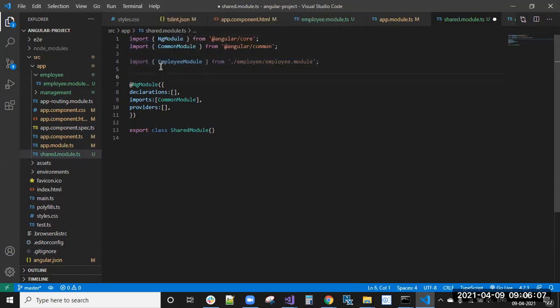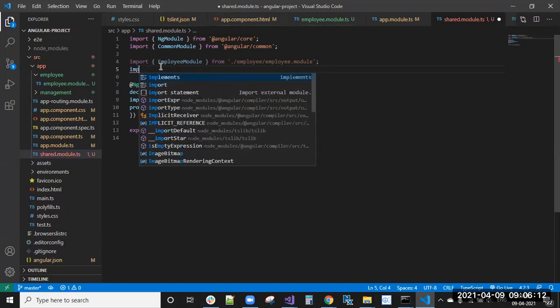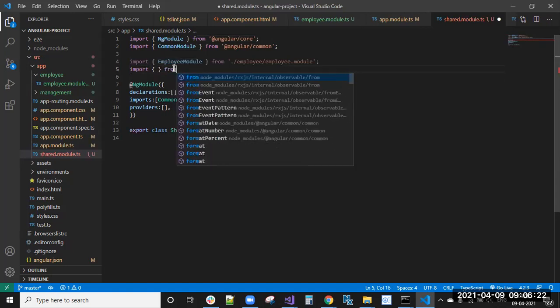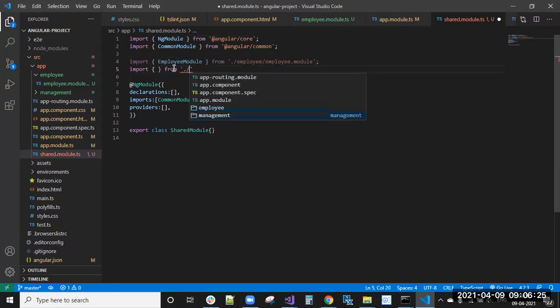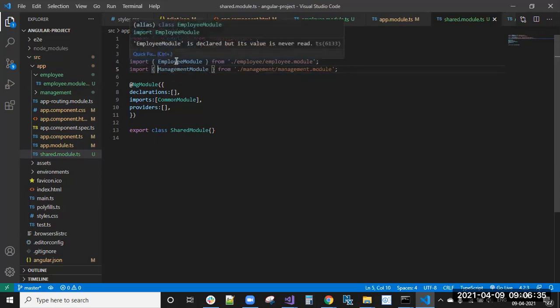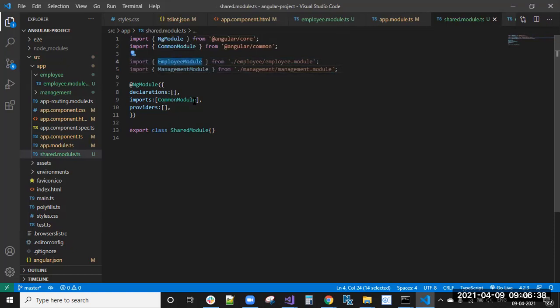Okay, guys, I have created them. Now I need to give the references in the import section.